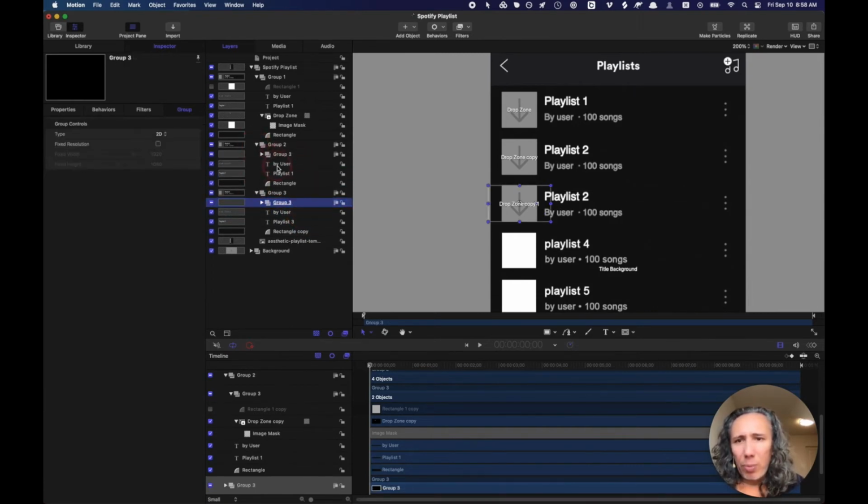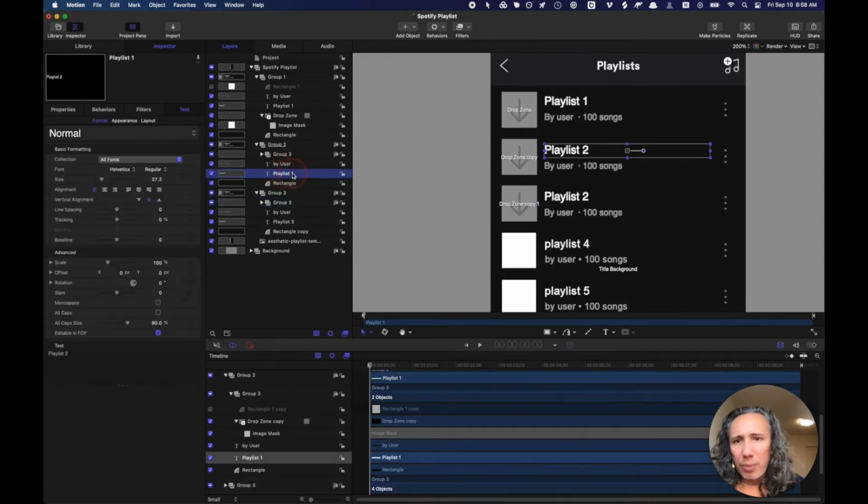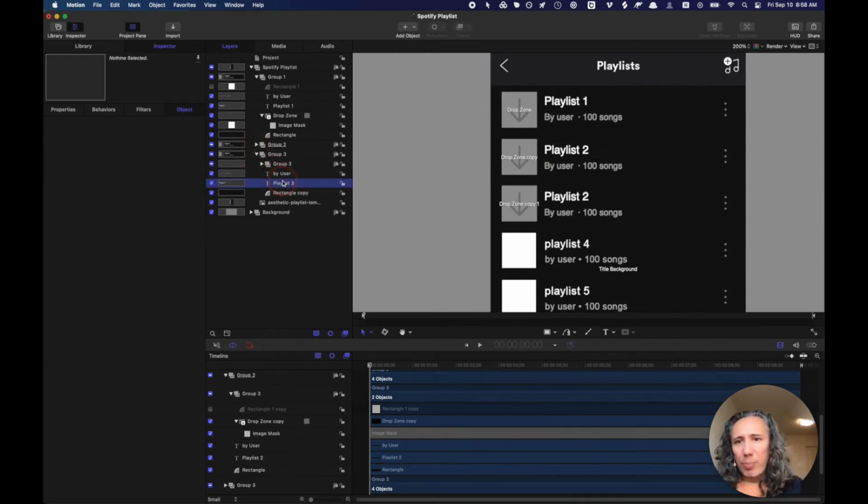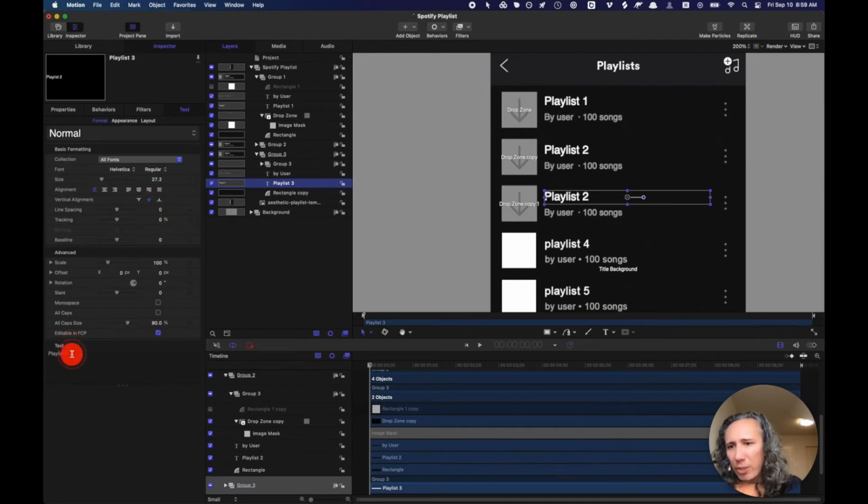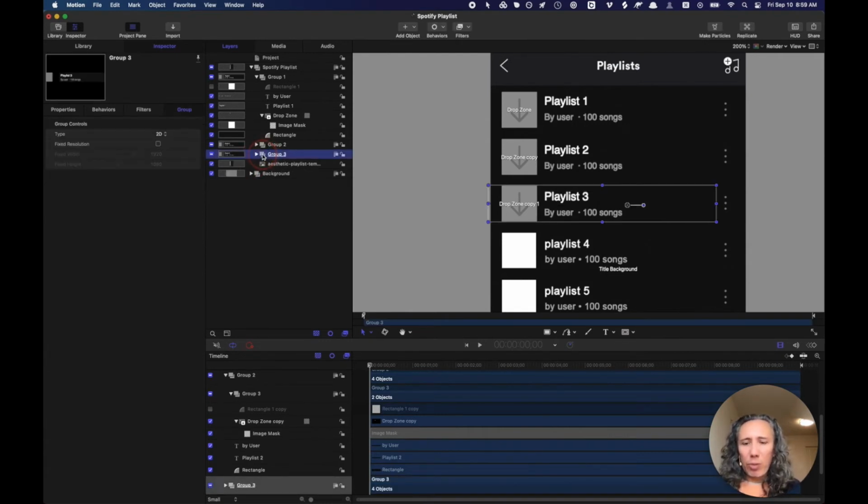I'm going to go in here, group playlist 2, and change this to playlist 2, so we don't get confused later. Okay, now I go to group 3, select playlist 3, and change the actual text itself to playlist 3. All right, and now we do the same for the next one. Select group 3,